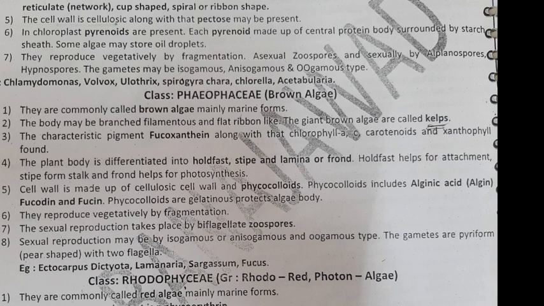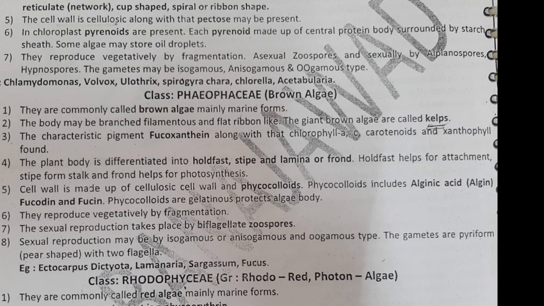Phaeophyceae is known as brown algae. Here are the characteristic features of Phaeophyceae. They are commonly known as brown algae, mainly marine forms. While explaining the algae characteristic features, I told that in the hydrophytic algae there are two forms, marine and freshwater algae. Here Phaeophyceae is commonly marine. Okay. Then second point, the body may be branched filamentous